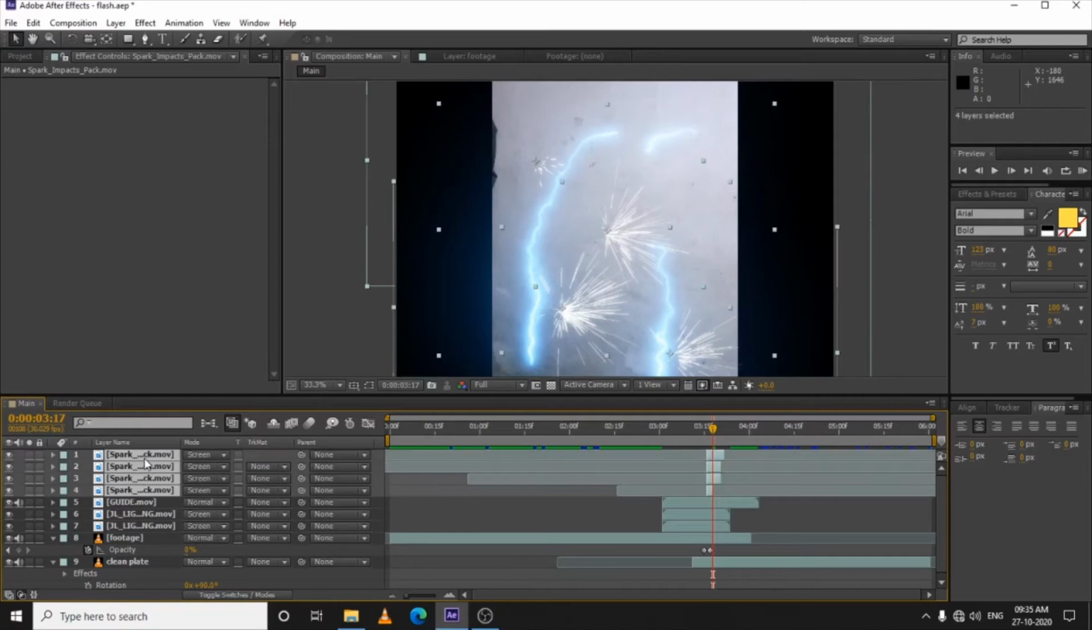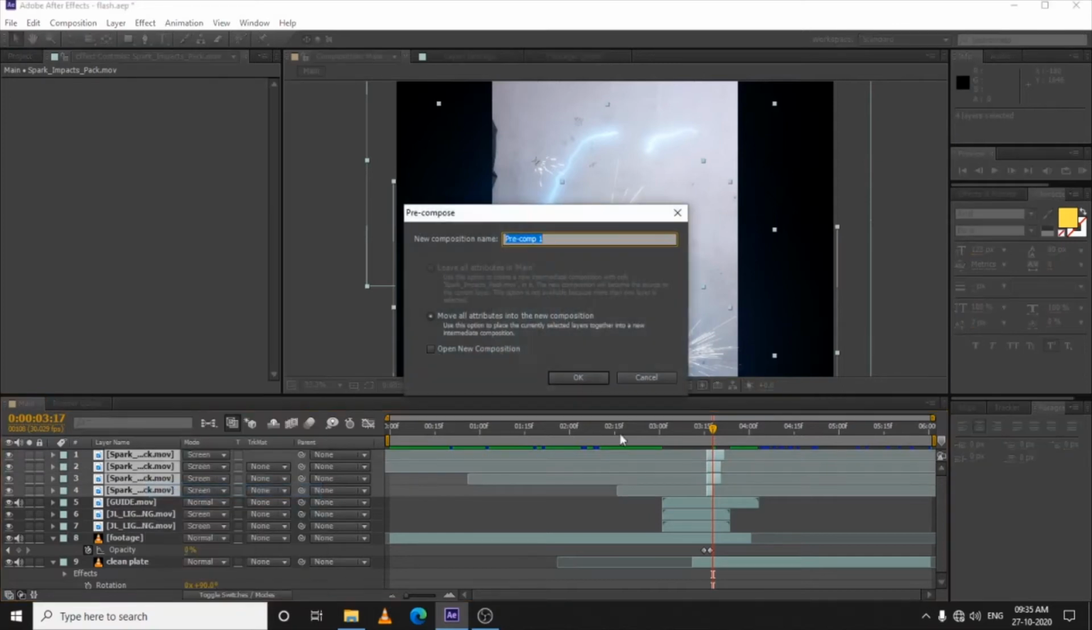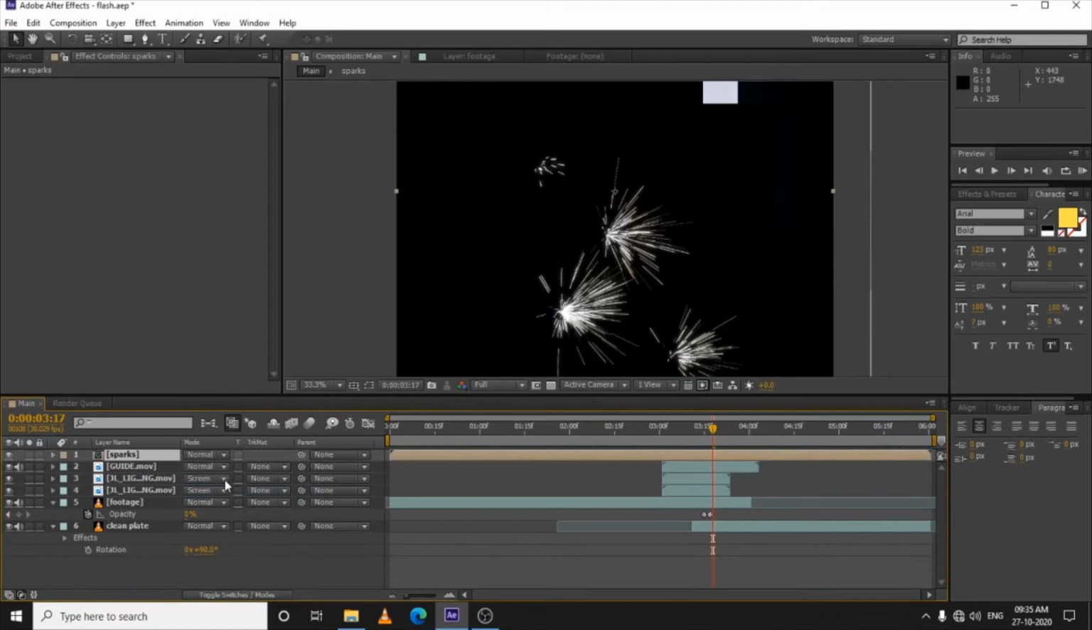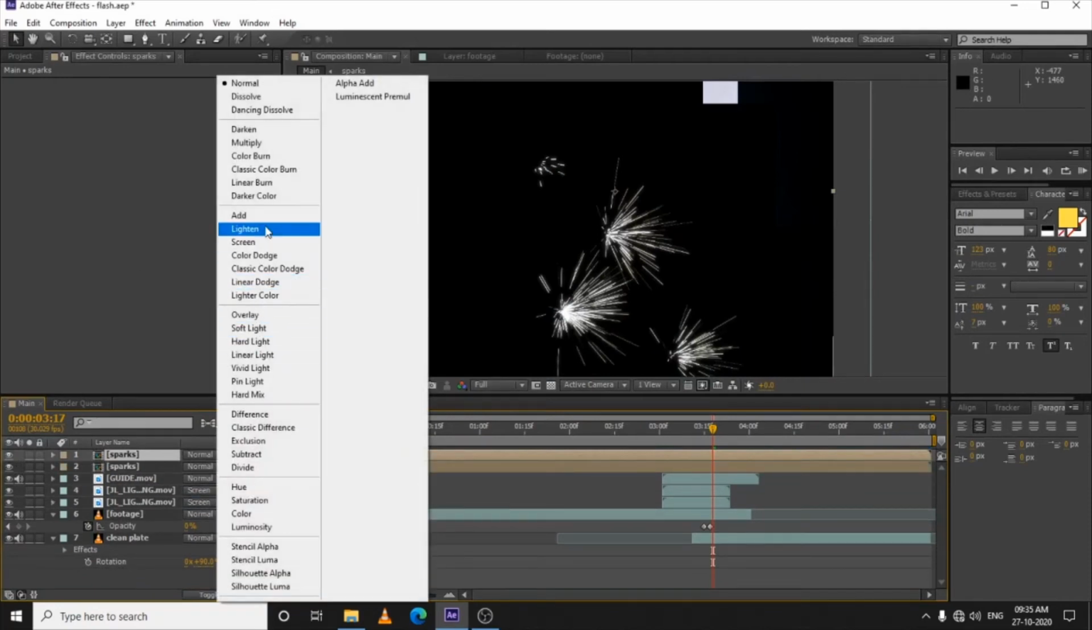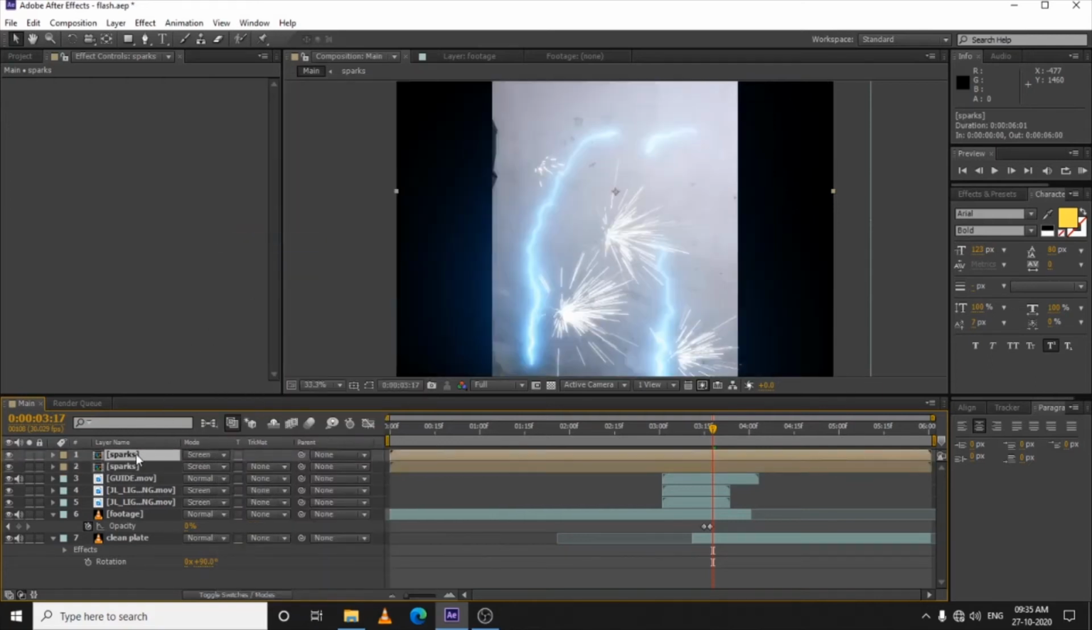Now select all of the sparks, right click, pre-compose and name them as sparks. Control D to duplicate them. Let's make them screen, also the top one screen. Select the top one, apply the same box blur, make the iteration 3, the blur radius to 8, a nice